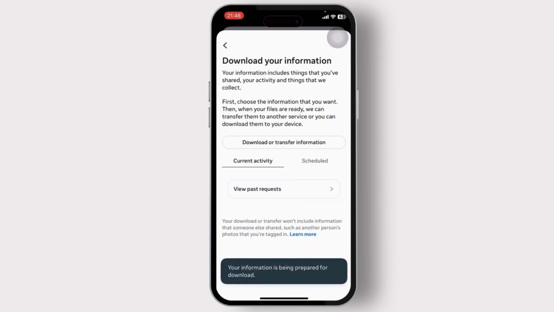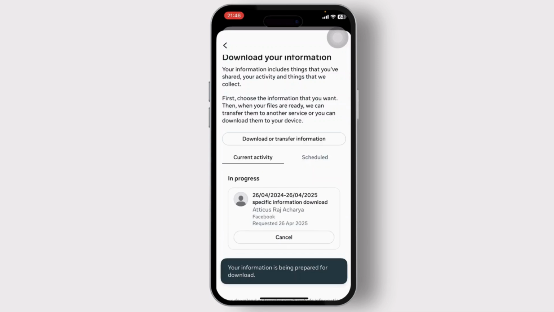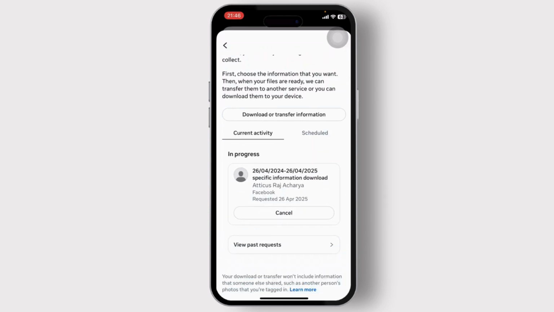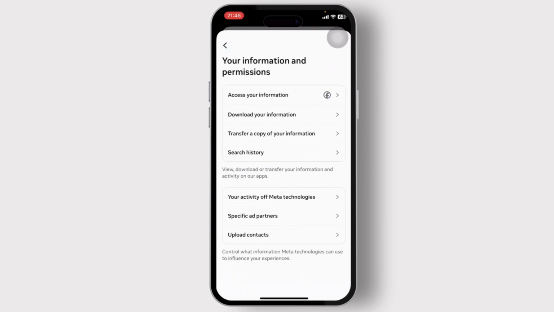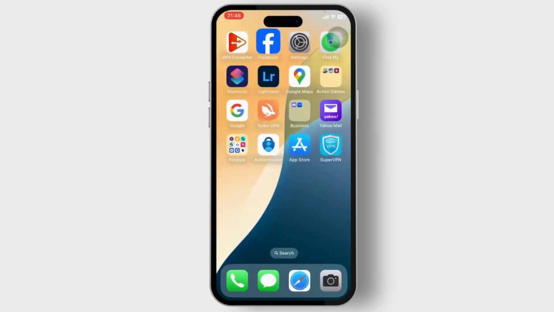After you do that, your files will get created and it will be right here. And after the information is here, you can download it from right here. And with that, you will have recovered your